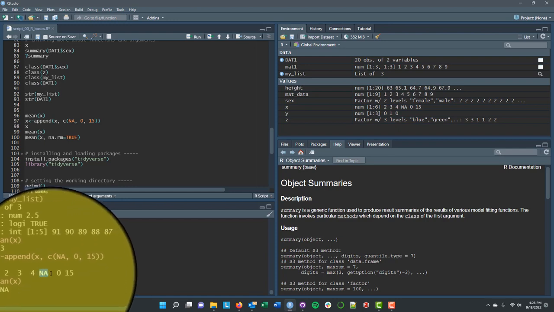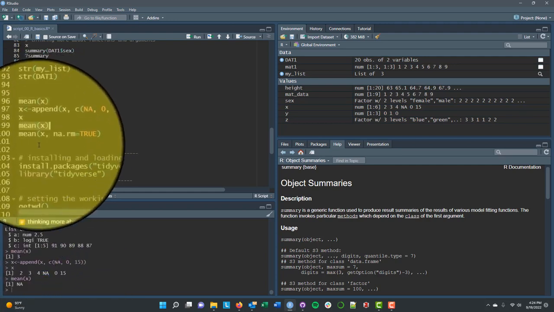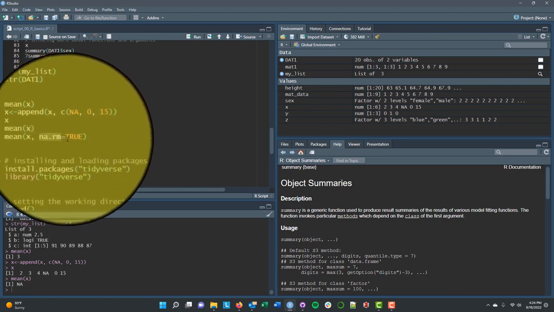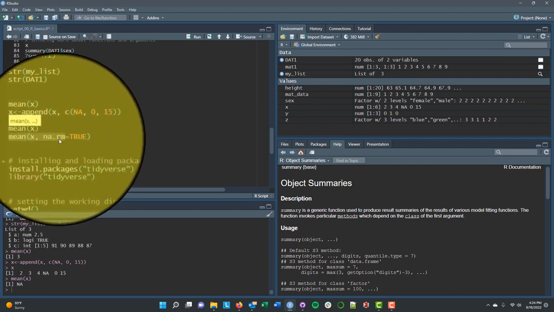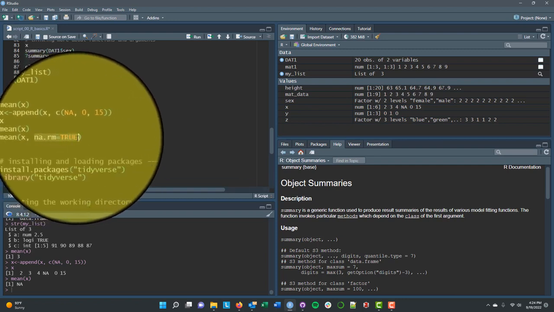Well, because I have a missing value in the vector now. X contains an NA, and R doesn't know what to do to calculate the mean of a set of numbers when one of them is missing. Now, we only said mean of x up here, but the mean actually can take multiple arguments, and one of those arguments is na.rm. So I can say, now take the mean of x, and na.rm is short for NA remove. So na.rm I will set equal to TRUE, in which case it will remove all of the NAs from my vector first,